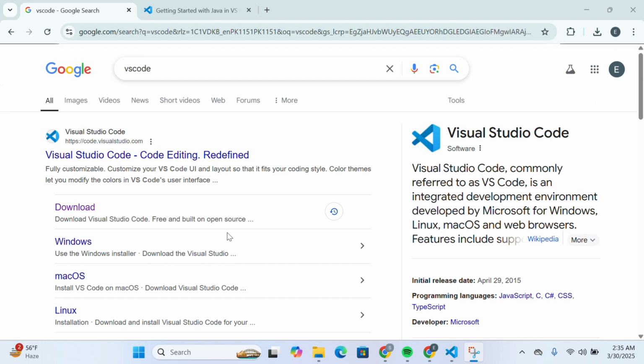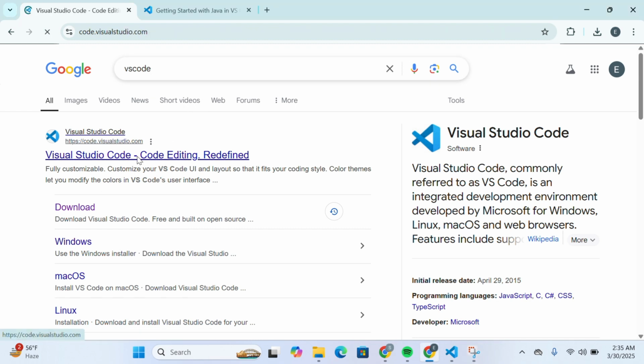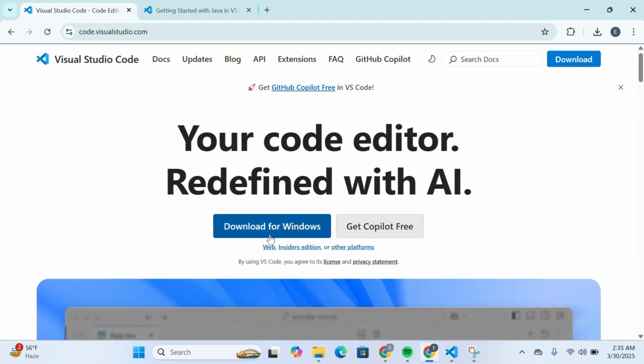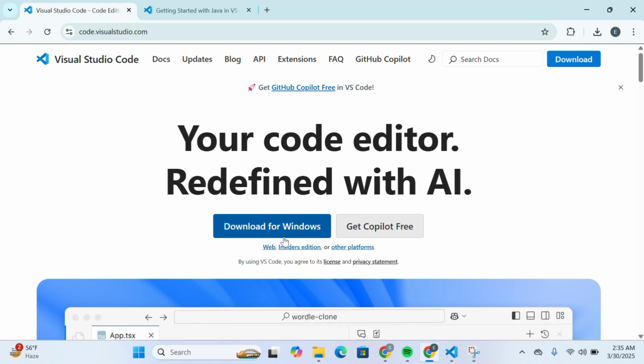In today's video I'm going to show you how you can set up your VS Code for Java. So let's get started. First of all, you gotta download Visual Studio Code. To do that, simply go to the search bar, type in VS Code, and then click on this. Simply click on download for Windows, and once it's downloaded, you gotta follow the wizard in order to correctly install